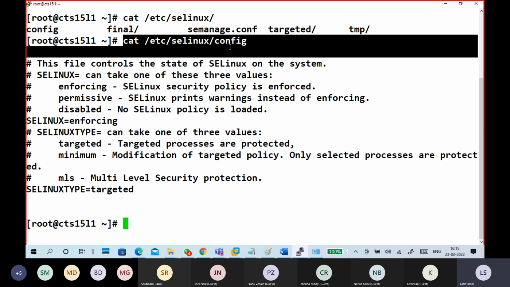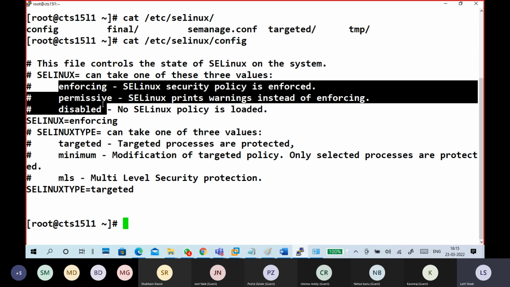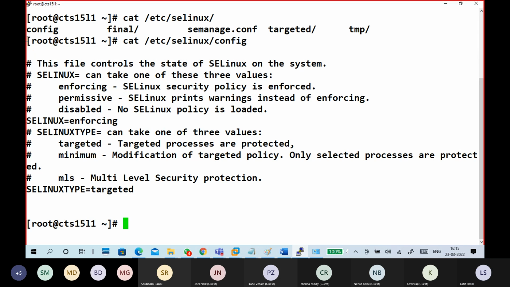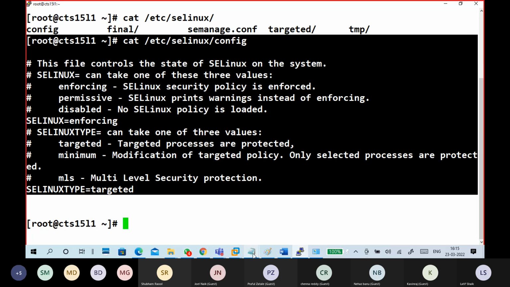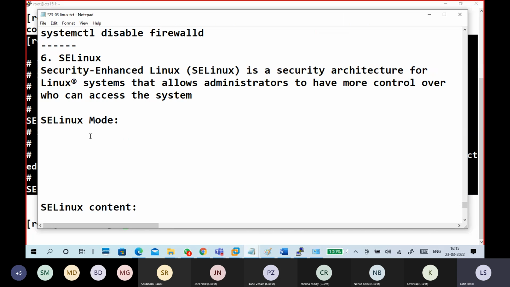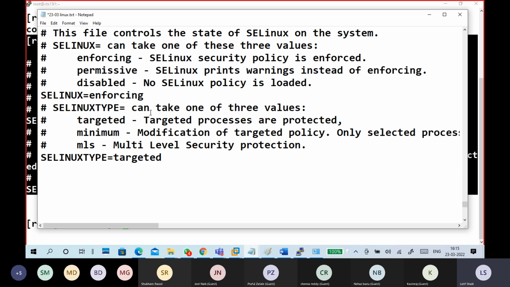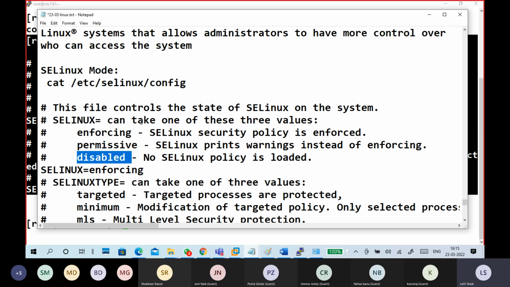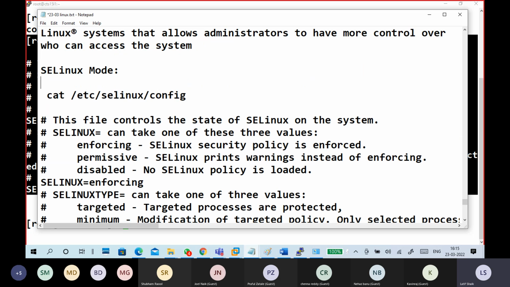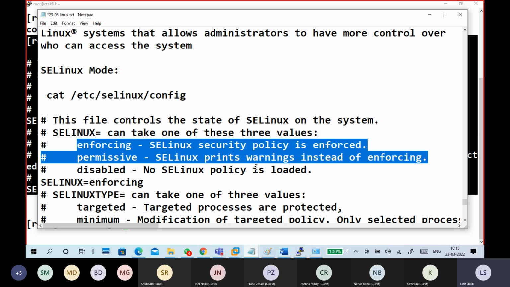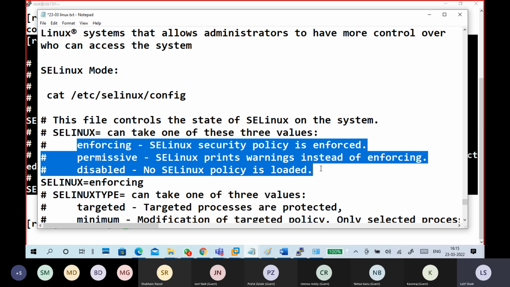Go to this file and you will find these 3 modes. Look here, I pasted this one. In this file, enforcing mode, permissive mode, disabled mode. What modes are there? SELinux enforcing mode, permissive mode, and disabled mode.